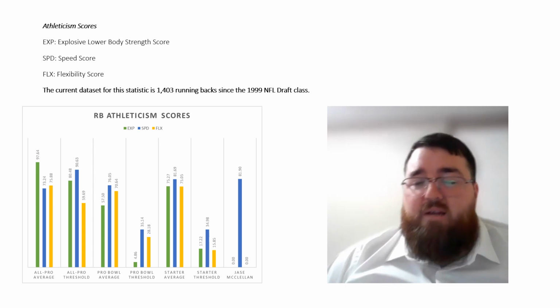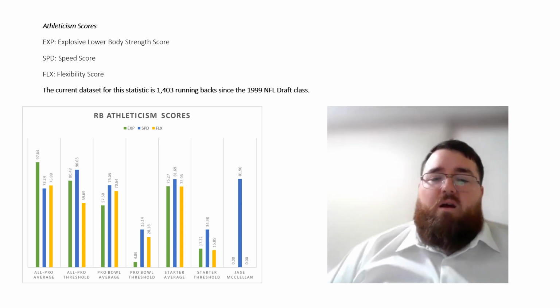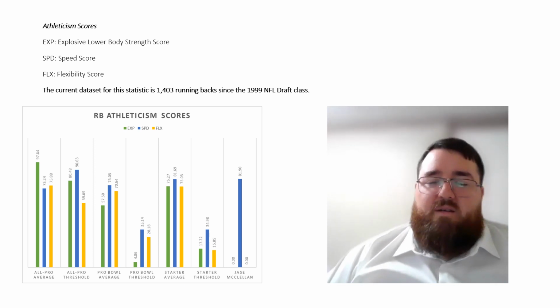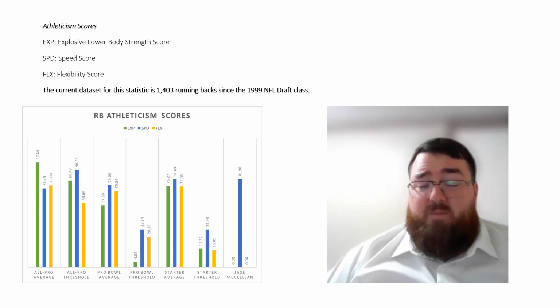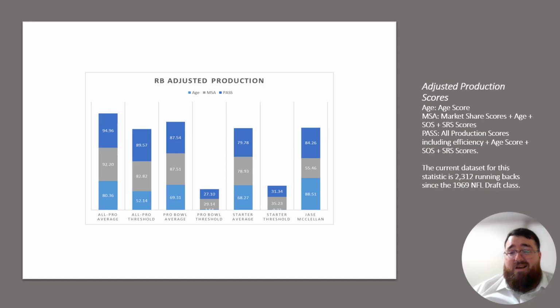Athleticism-wise, he did have an 84 percentile speed score in terms of his data, but didn't quite have the explosion testing or flexibility testing to determine those other areas. And when you look at his adjusted production traits, he was close to the starter averages. So Jace McClellan does have a lot of potential to become a long-term starter for the Atlanta Falcons, or at least a very decent backup to what they already have. So this was actually one of the better picks they had in terms of day 3.